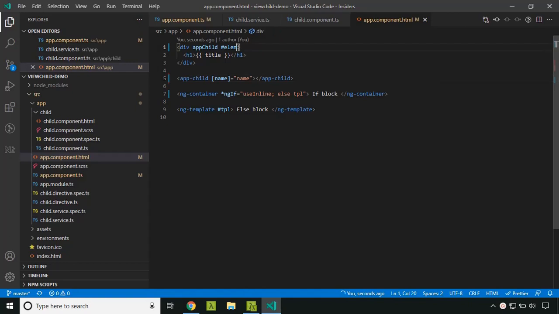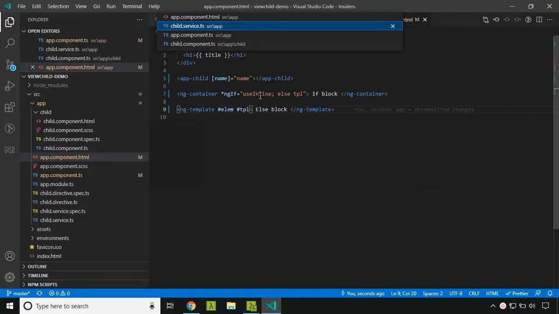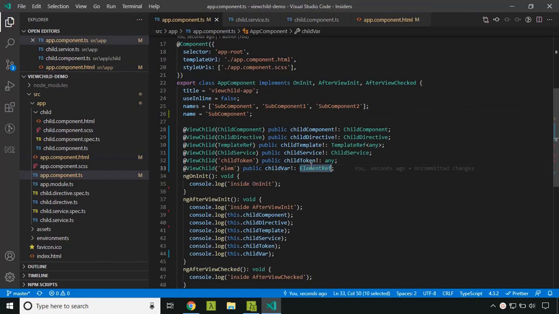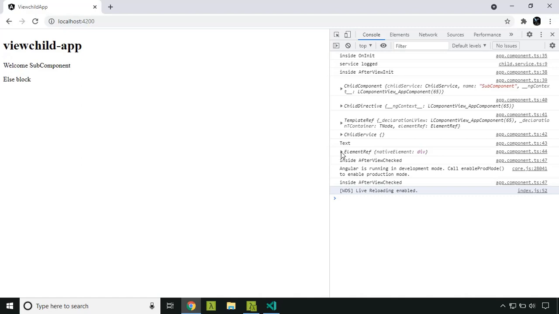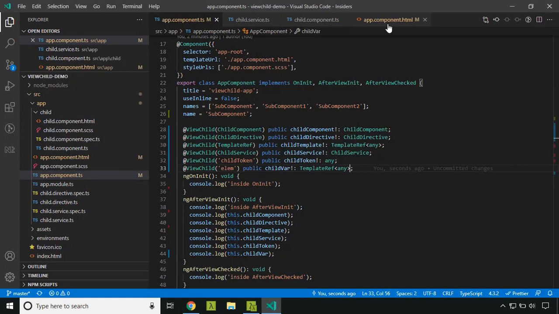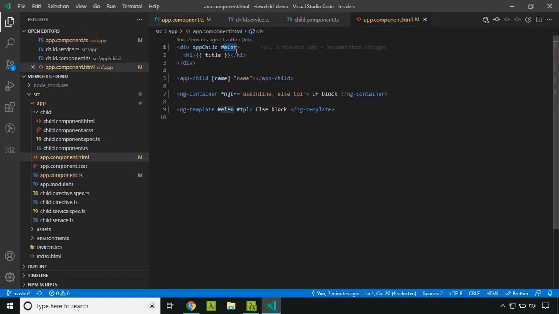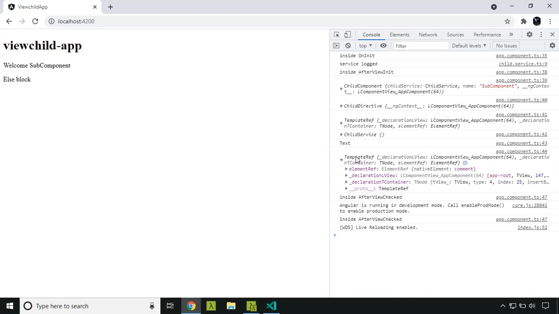Now let's try adding the template reference variable to the ng-template. So now what will happen is, when I try to query, I will actually be getting the template reference. So previously I had given TemplateRef any. So same thing. Oops, here what happened is I forgot to remove the element reference from the directive. So since we provided the same name multiple times, it returned only the first one. So now I have removed it, and now we will be able to get the template reference.